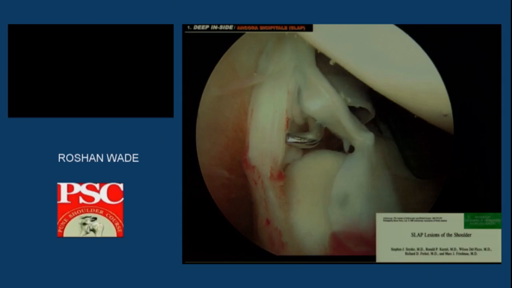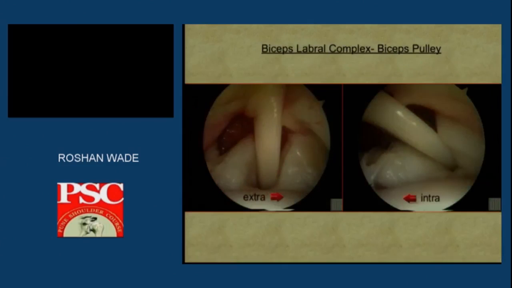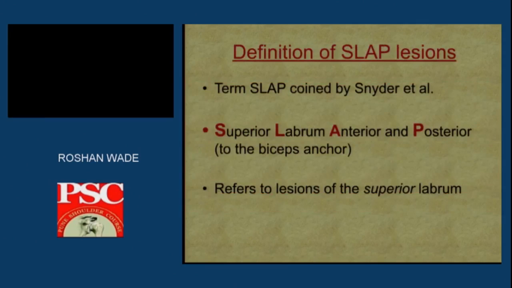So this SLAP lesion, when initially described by Stephen Snyder, could be an extension of the SLAP lesion inside the biceps tendon, or it could be associated with a meniscal type of lesion, which can get incorporated, or which can come in your day-to-day activity, leading to severe pain or a clinking type of sensation. Sometimes this could be associated with slipping of the biceps tendon inside the pulley, as it has been described by Gioni. And by definition, the SLAP lesion is the superior labrum anterior to posterior tear, which refers to the lesion